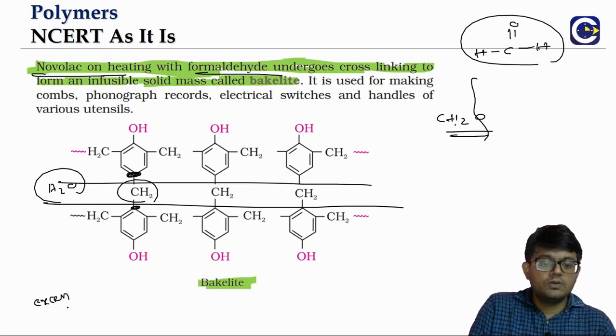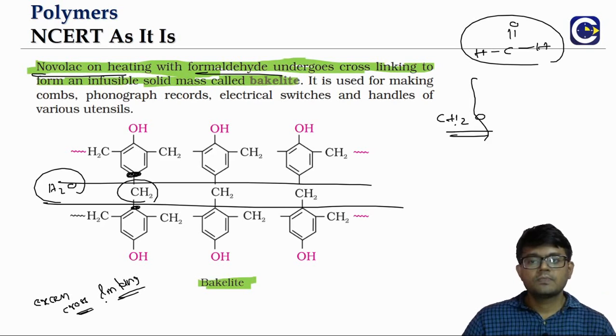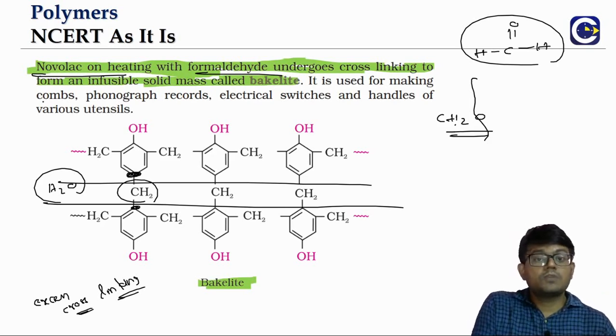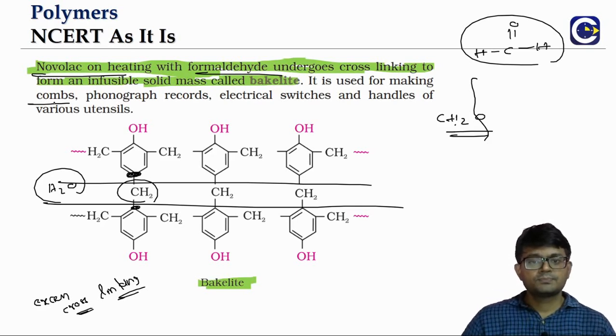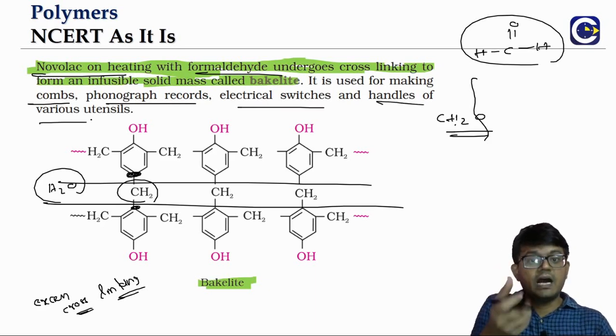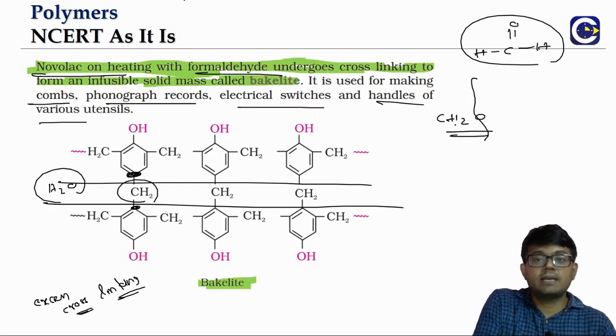So remember, we talked about it. Upon heating we are getting excess cross linking. Because of this, it is forming an infusible solid. And this makes it suitable for some specific applications, like for making of combs, or phonograph records, electrical switches, even the handles of various utensils, you see it will be very hard. It is made up of Bakelite. So Bakelite is an example of a cross linking or a network polymer,